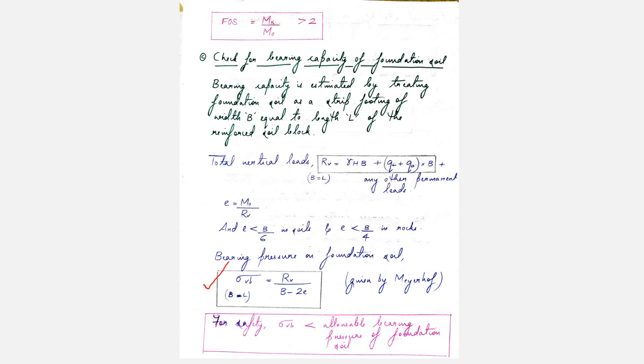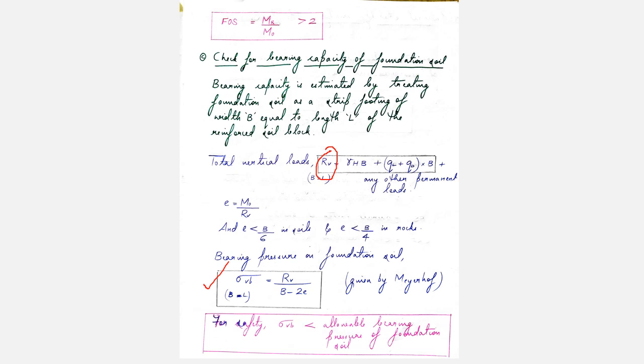Now we have to calculate the total vertical load which is coming on the foundation soil. That is equal to the self weight of the reinforced soil fill, plus the self weight of the dead loads and the live loads. Okay, so that is the total vertical load coming onto the soil. Now other than this, if there are any other permanent loads acting on the retaining wall, such as braking forces or crash barrier loads or abutment loads, then those forces are also to be included in the calculation of vertical loads. Okay, so here it will be gamma into H into B plus QL plus QD into B.